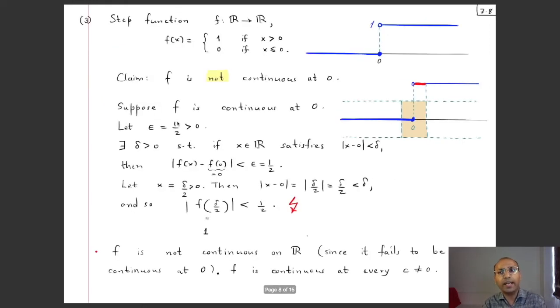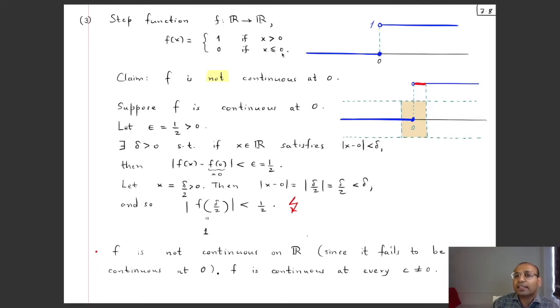Let's now see an example of a function which is not continuous. Again, something which has a jump. So here is the step function. I call it the step function because its graph looks like a step. And the function is defined like this: f of x is 1 if x is positive. So for all these positive things it's 1, but if x is equal to 0, then the value is 0,